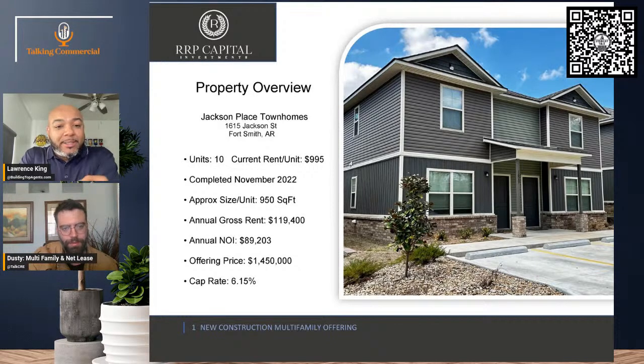Pretty much brand new. Okay, there it is. Annual gross rent. Okay, so here's something to take a look at. When you're dealing with multifamily,